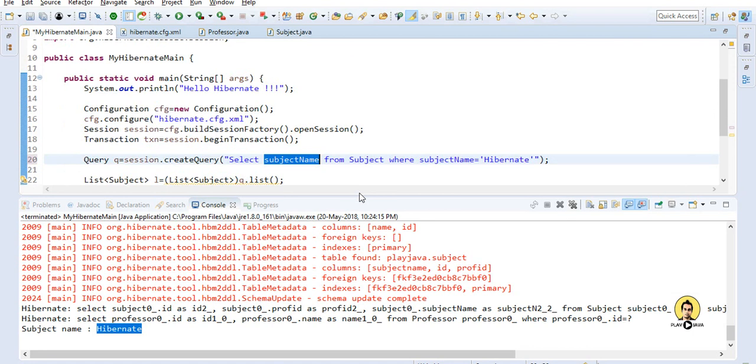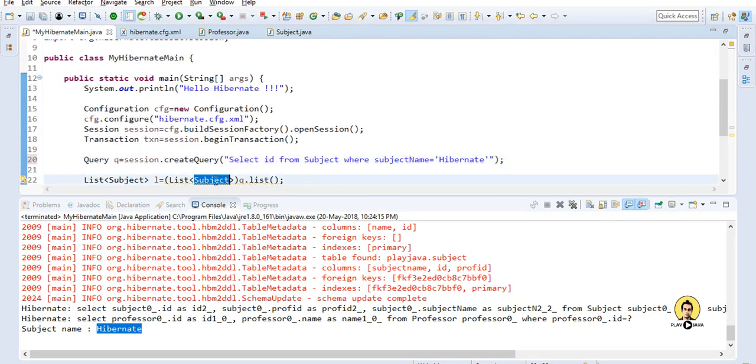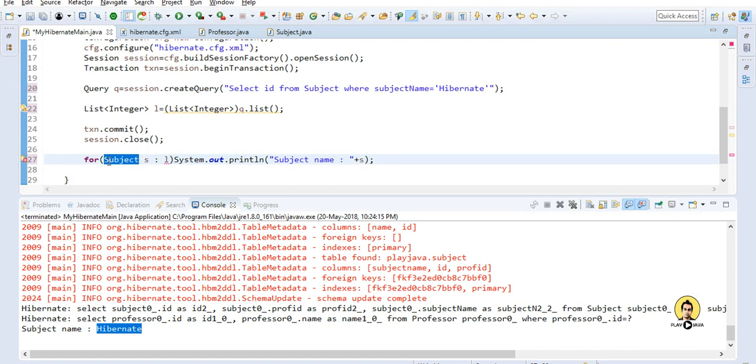The ID is an int, so we'll provide this as Integer and make this also Integer. We are selecting the ID, so we put s only, and here we typecast this as Integer.